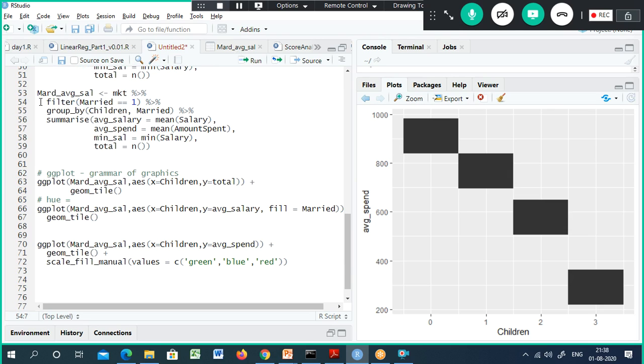Look here. Here, I did not use select at all. Either you don't use the select function, but if you use the select function, make sure that whatever columns you use in the subsequent lines got listed in your select list. In this case, I did not use select. That means the entire data frame, entire data from the MKT, will be available for this one. This one will be applied on the output of this one. The MKT data frame data will be passed as an input to this one. So this one will filter based on this condition. Those married people's data alone, it will keep here.